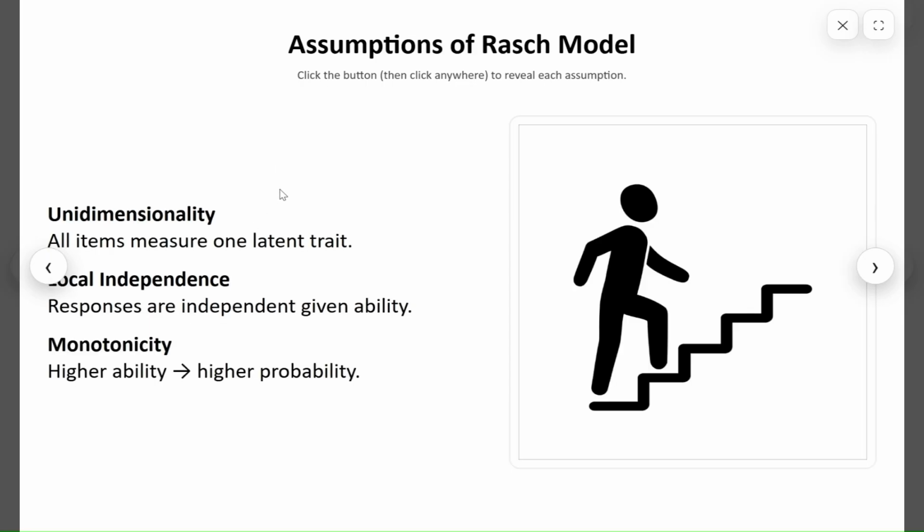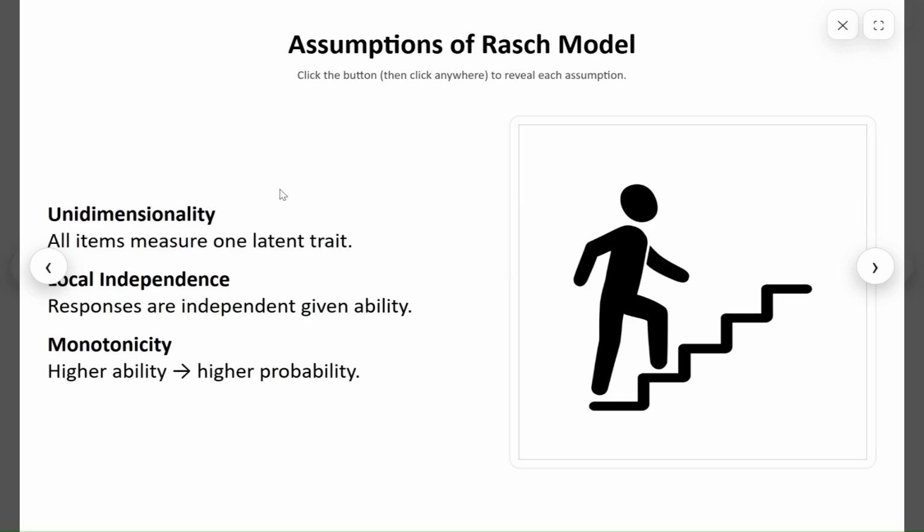And now monotonicity. Monotonicity means the most able will do better. So the higher the ability of a student in an exam, the higher the probability of getting the answer true. So when you design a question, an item, you should